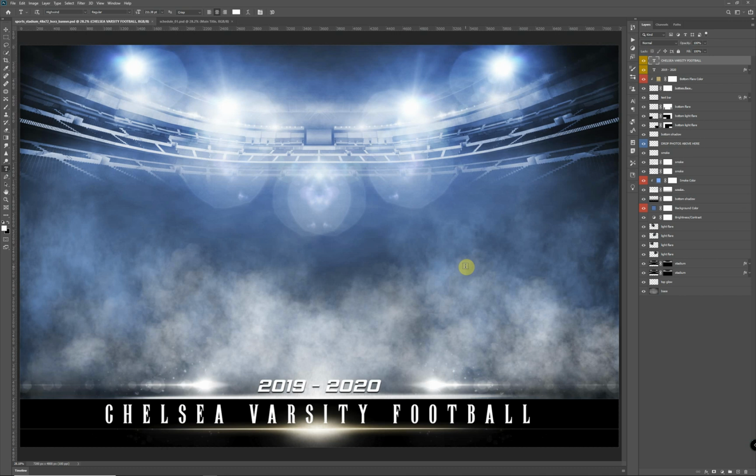Today I've got a new product that I want to introduce to everyone, and it's team schedule overlays that we have designed over the past year. I've had several customers asking about team schedule templates, so we decided that we would start adding a few to our collection of designs. And so the way we went about these is we're basically just going to make these overlays. So you can just drag and drop them to an existing design you already have,